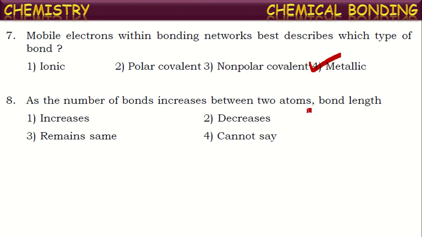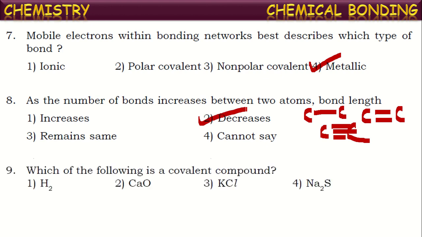For example, if you see carbon carbon, if they bond with a single bond, they will be far away. If they are bonded with a double bond, they come a little closer than the first case. If they form a triple bond, they come to a nearer distance compared to the remaining two cases. As the number of bonds increases between two atoms, the attractive power between them increases, and hence they come close. This results in a decrease in the bond length.